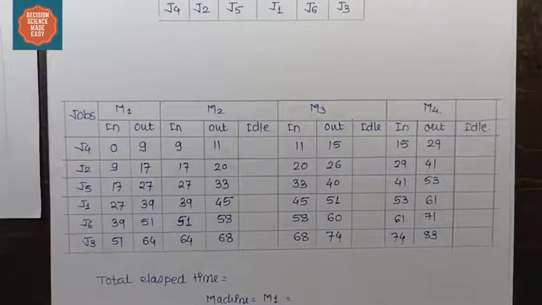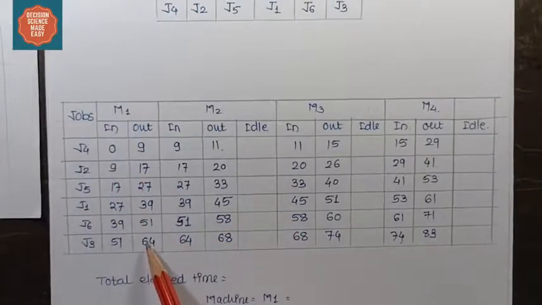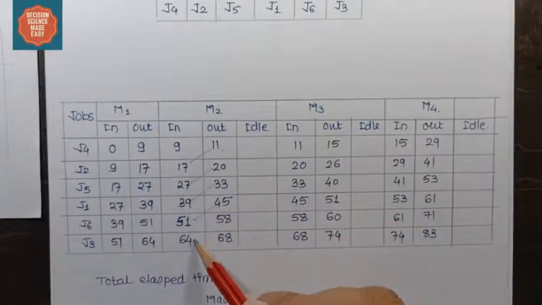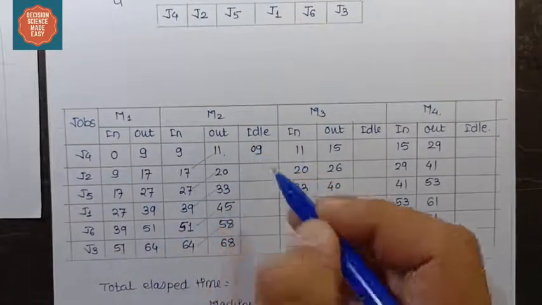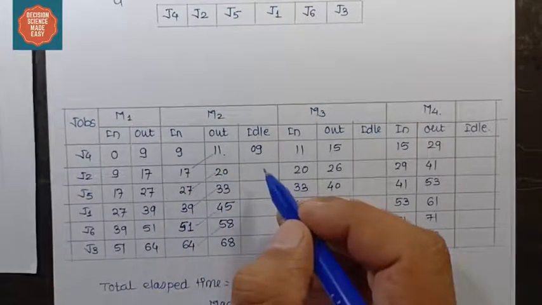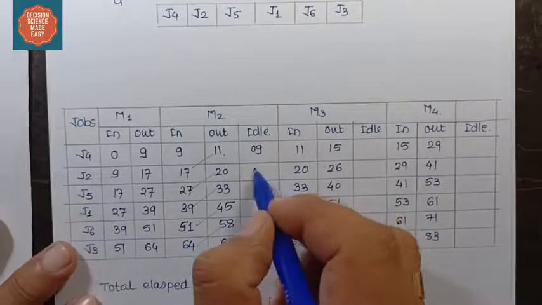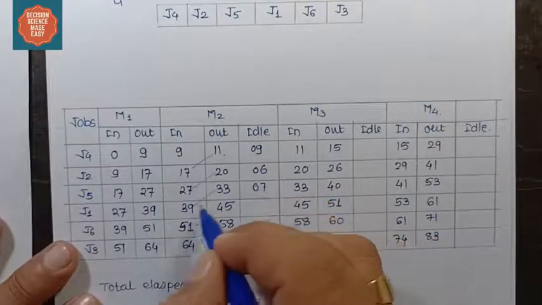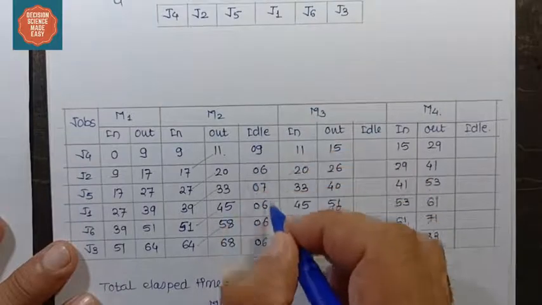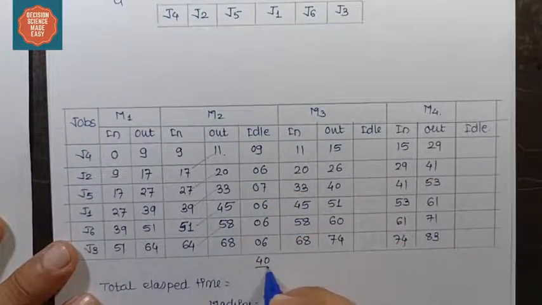Now I only need to find out the idle times. It's very simple. How do we find out the idle times? We just go for the diagonal references. The idle time for machine M1 will always be 0 because all the jobs of M1 will be processed first. Here I will go diagonally. The difference is nothing but my idle time. Here machine M2 initially remains idle for 9 hours, followed by 17, this is 6. Here the difference is 7, here the difference is 6, here again 6, and again here the difference is 6. Calculating this, I got the answer 40.